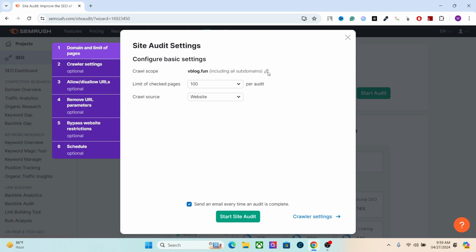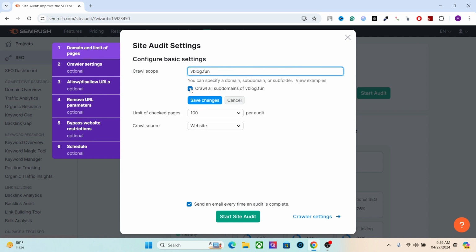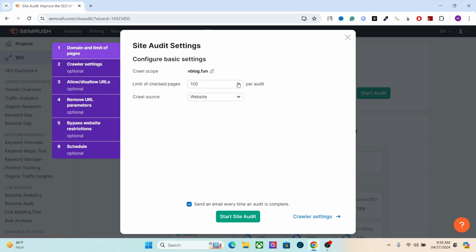The very first setting is the crawl scope, and here you can add the subdomain of the website as well. So if you have any subdomain in your website, like if you have a different subdomain for another country, you can decide whether you want to crawl that subdomain as well, or you want to exclude that from the crawling, right? So for example, if you have a different subdomain for a blog, then you can select this, or if you want to exclude that, you can deselect it,